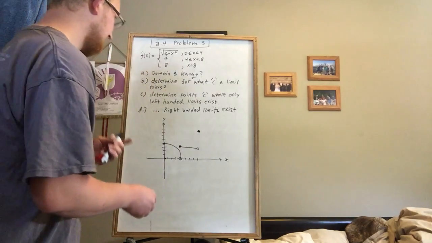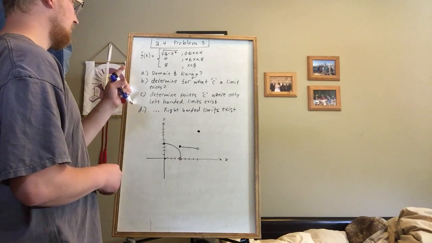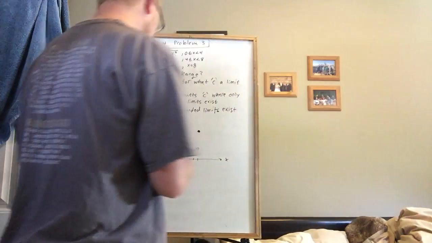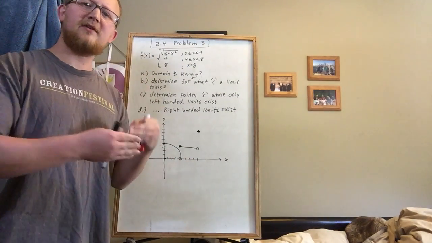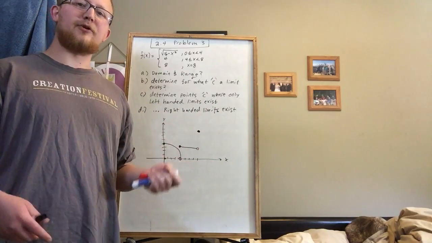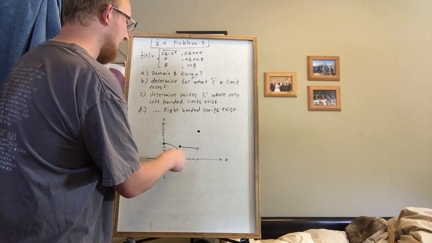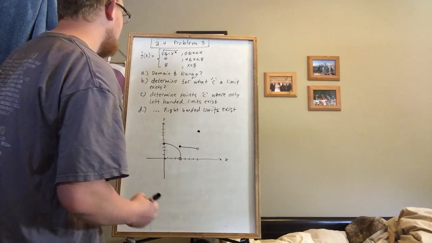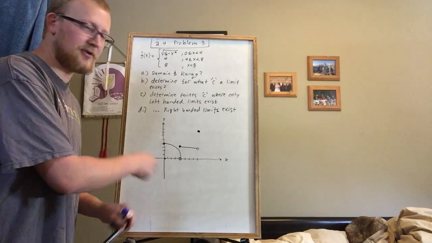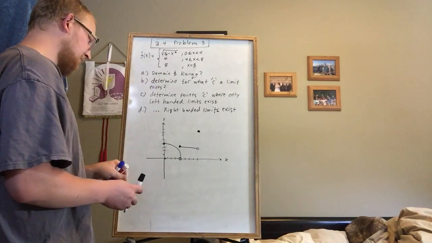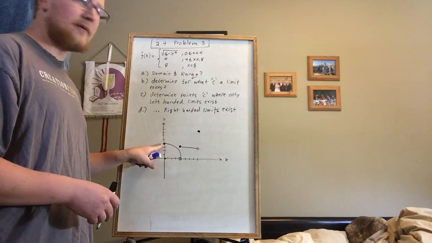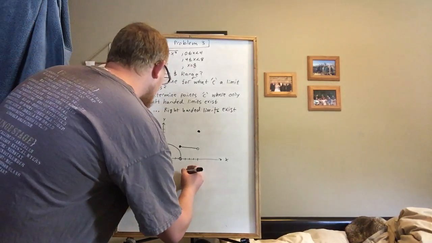Now, the first part of this problem is asking what is the domain and range. Domain represents what values of x are included in this function f of x. In other words, for what values of x will there be a y output for this function. And so to find that, we're going to look. Obviously the graph doesn't go into the negative numbers. F of x says nothing about negative numbers. But if you have x equals 0, that has an output. It's 4. So our domain